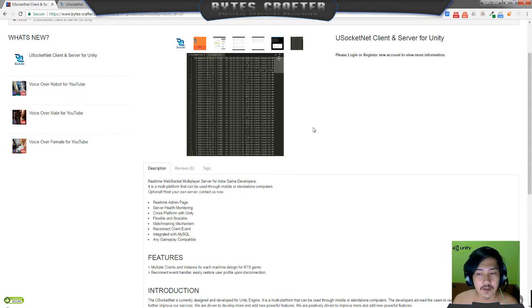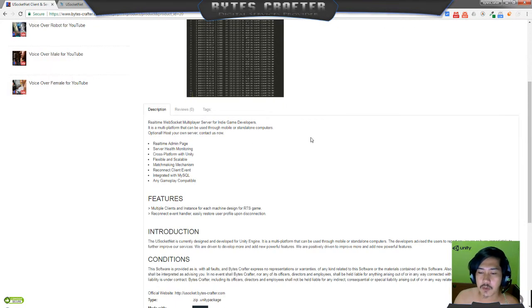Now integrated with MySQL for future development, because the current version of uSocketNet is 0.7.2. It is also integrated with Unity editor scripting, so that you can easily add and remove prefabs. This uSocketNet is inspired by Python and Unity Network, and also Google Play Game Services real-time multiplayer.